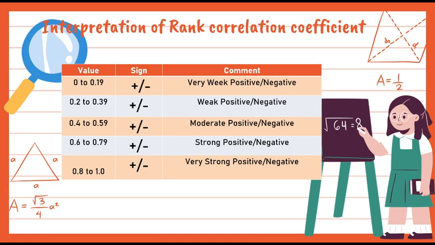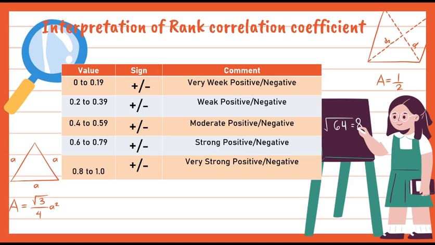If it is between 0.2 to 0.39 positive, then there is a weak positive relationship between the variables. And if it is between minus 0.39